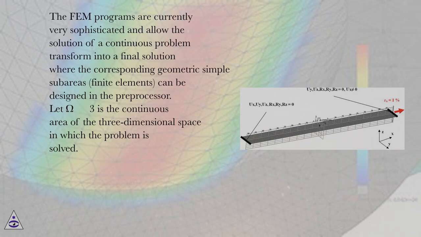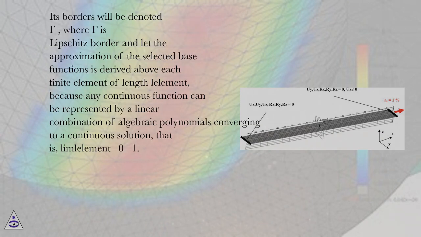The FEM programs are currently very sophisticated and allow the solution of a continuous problem to be transformed into a final solution where the corresponding geometrically simple subareas, finite elements, can be designed in the preprocessor. Let Omega in R3 be the continuous area of the three-dimensional space in which the problem is solved. Its border will be denoted gamma, where gamma is a Lipschitz border, and let the approximation of the selected base functions